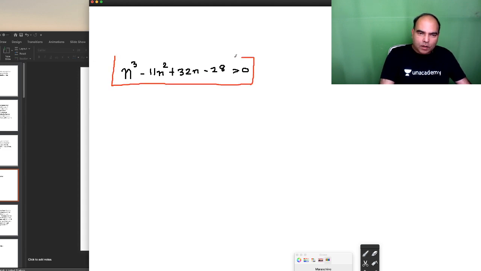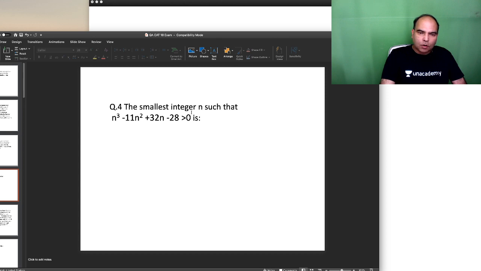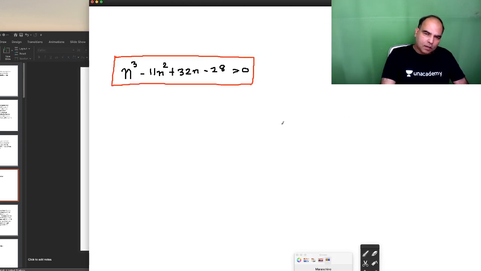तो ये क्वेश्चन में करना ये होता है कि since you have this inequality in front of you, and the question is talking about the smallest integer n, look at whether n will be on the negative side of the number line, 0, or positive side. If you look at the negative side, that means when you take values of n less than 0, or let's say you take values of n at 0. At 0, you can see very clearly that the value of this expression is going to be 0